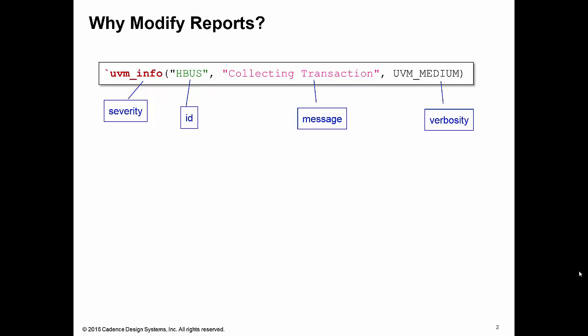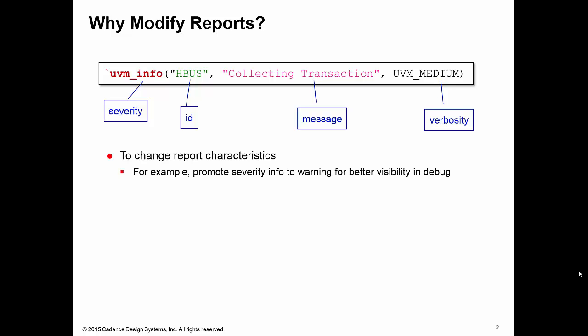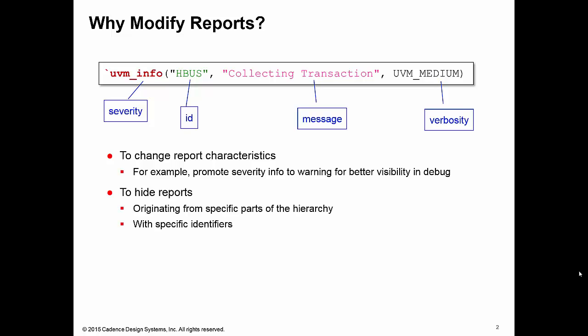So why may I want to modify reports like this in my simulation? Well, I may want to change some of the report characteristics. Perhaps I want to promote the severity of a particular message from info to warning during debug to give me greater visibility of the message. Perhaps I want to hide some reports from certain parts of the hierarchy or reports with certain characteristics or certain